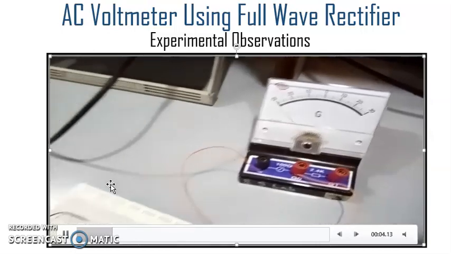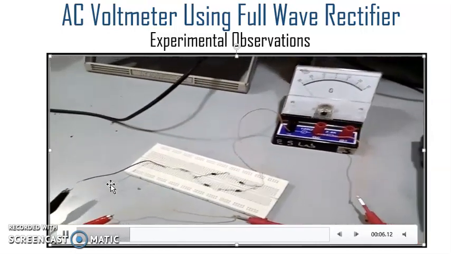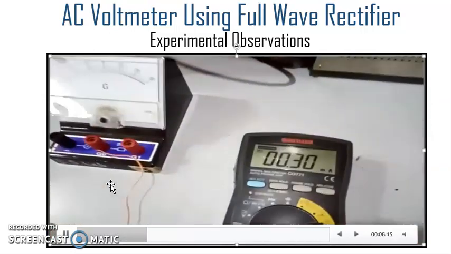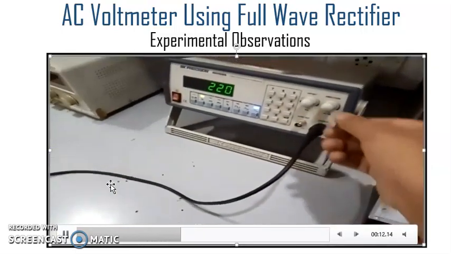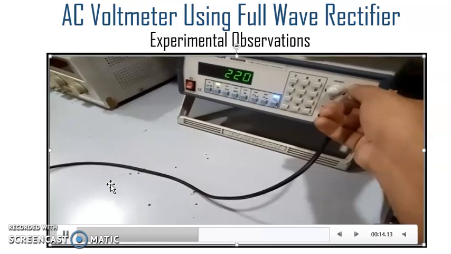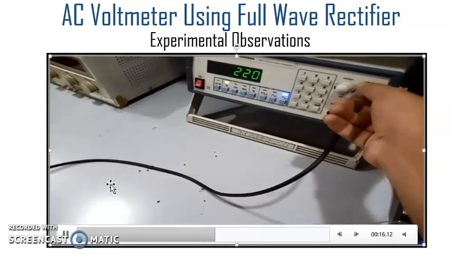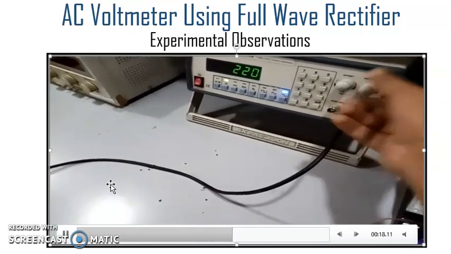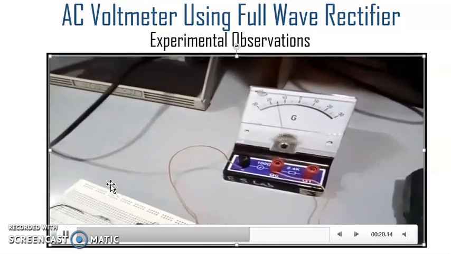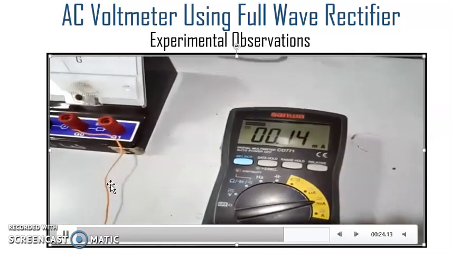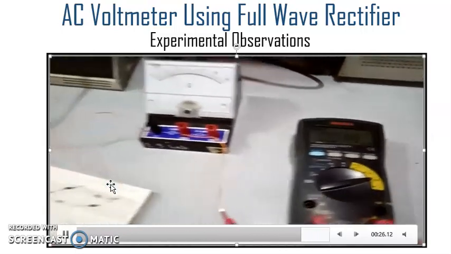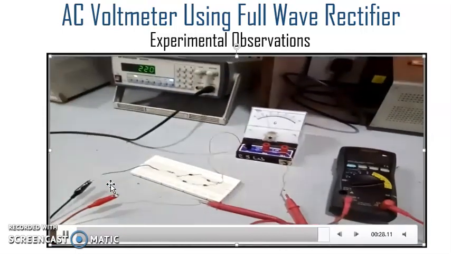Now this is full scale deflection. This is a bridge rectifier, and the current for full scale deflection is equal to IFSD, that is 0.30. If we reduce the value of input voltage to 2.5, since we have designed it for 5 volt RMS, then for half scale deflection on the galvanometer, we will get 1 by 2 of IFSD, that is 0.14 milliampere.